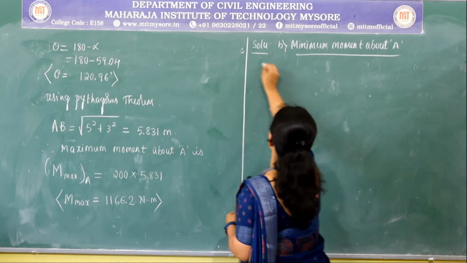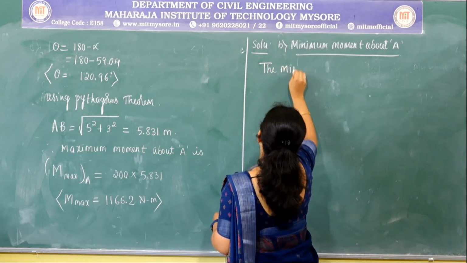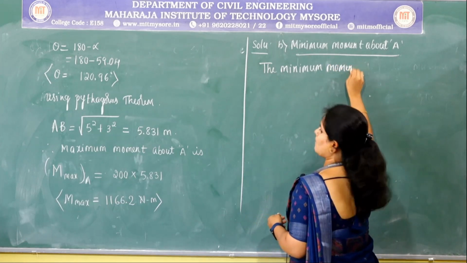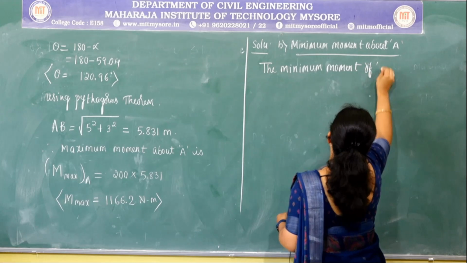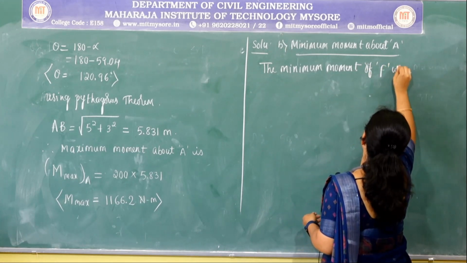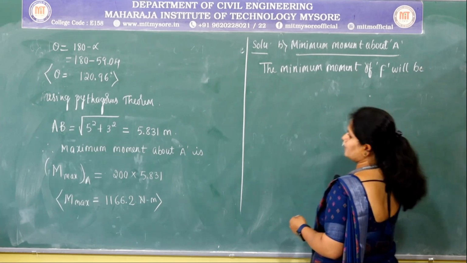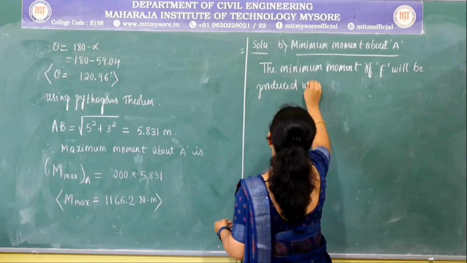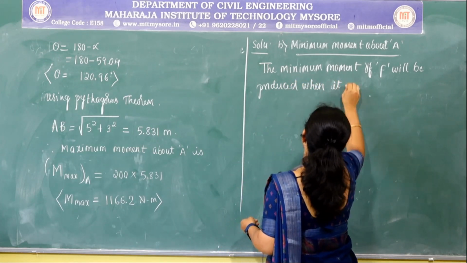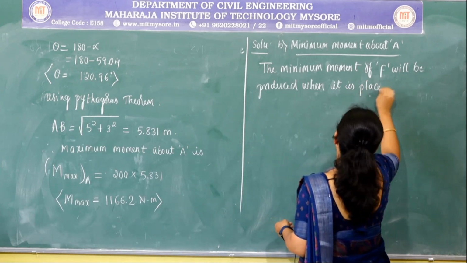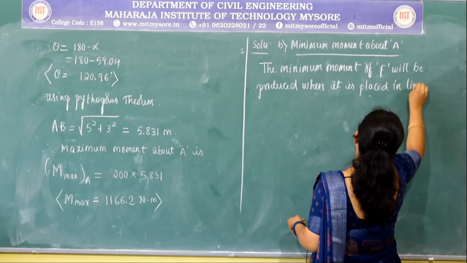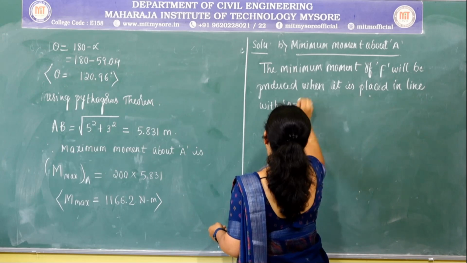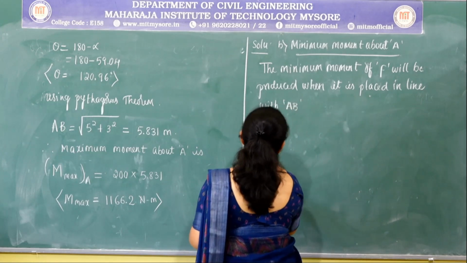So the minimum moment of the force will be produced when it is placed in line with AB. That means the figure becomes